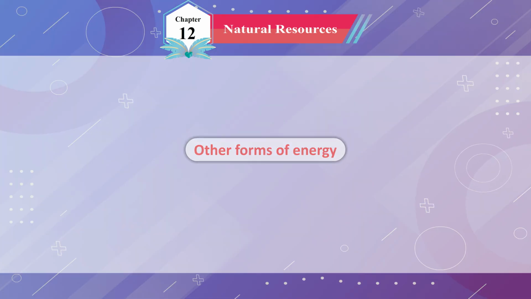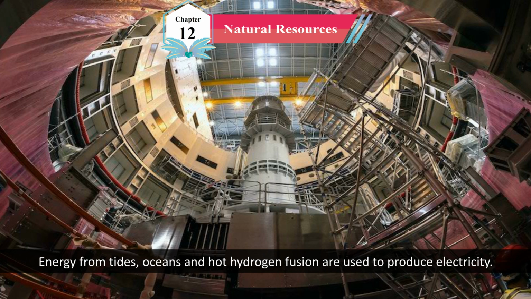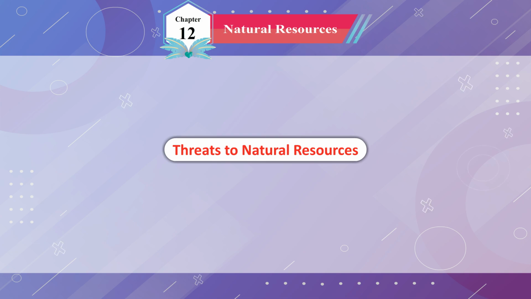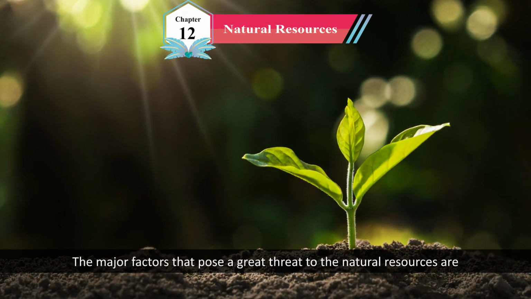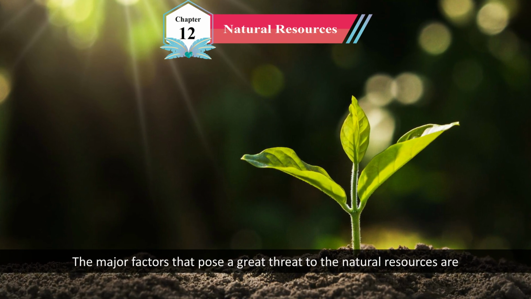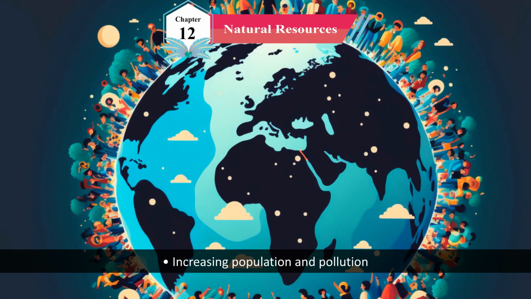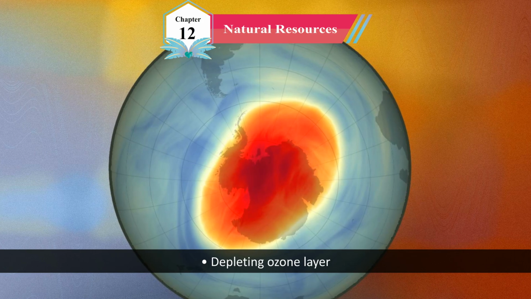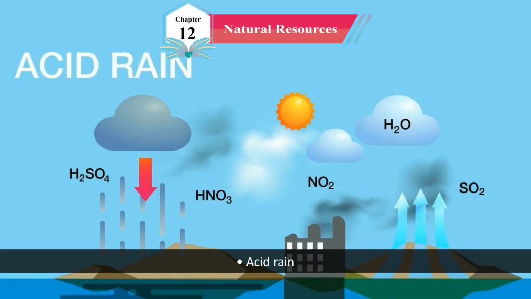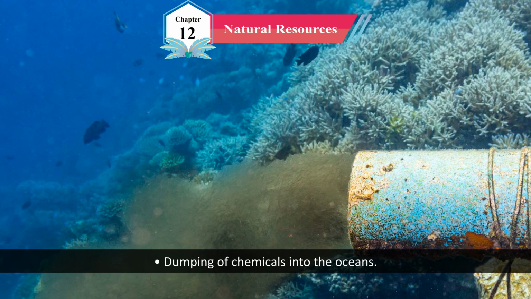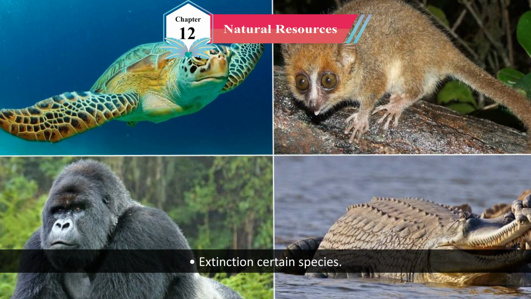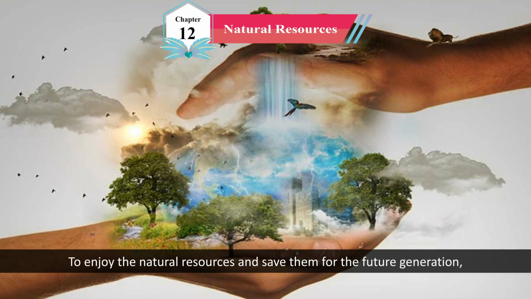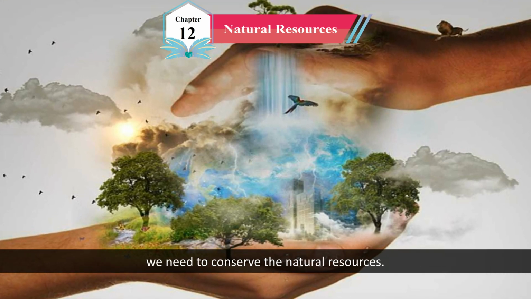Other forms of energy. Energy from tides, oceans, and hot hydrogen fusion are used to produce electricity. Threats to natural resources. The major factors that pose a great threat to the natural resources are increasing population and pollution, global warming, deforestation, depleting ozone layer, acid rain, dumping of chemicals into the oceans, extinction of certain species. Conservation of natural resources. To enjoy the natural resources and save them for the future generation, we need to conserve the